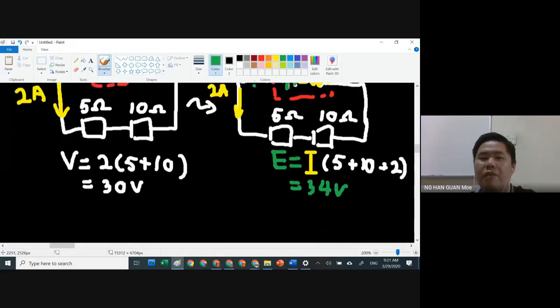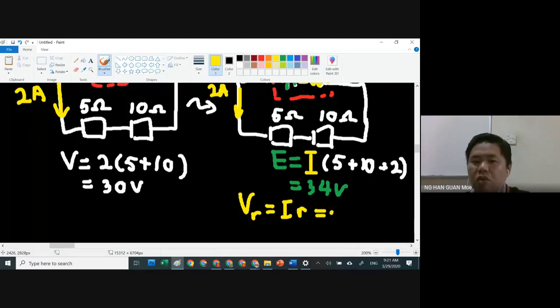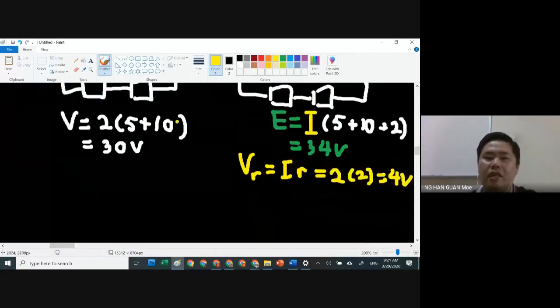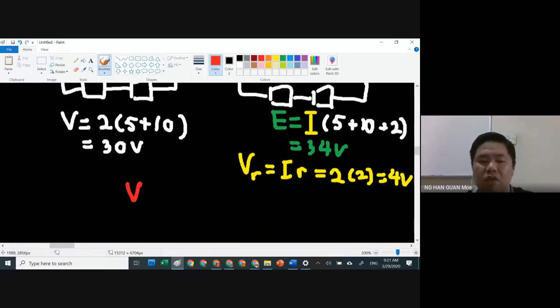34 volt means how much work is done on one coulomb of charge. The potential across the internal resistance is equal to I multiplied by the internal resistance, right? So it's 2 multiplied by 2, 4 volt. So that's why you see the result, the effective V, which is effective 30 volt. Effective V actually is the result of